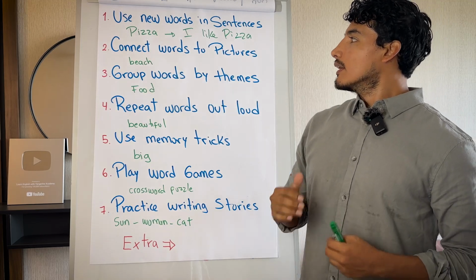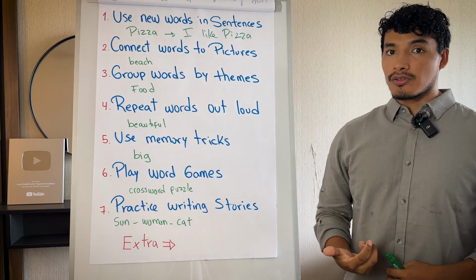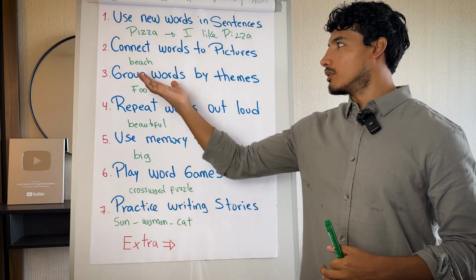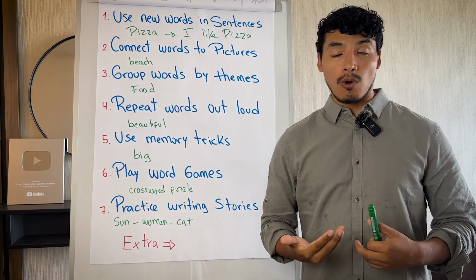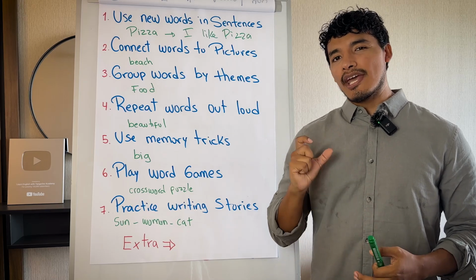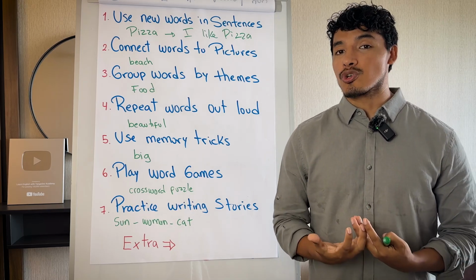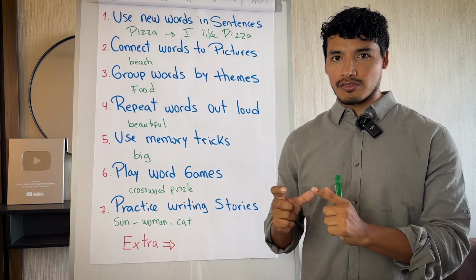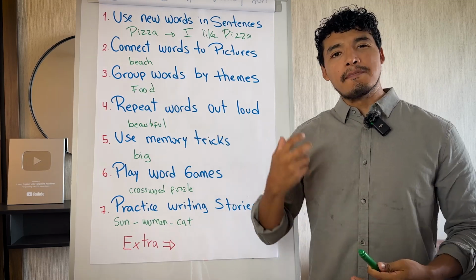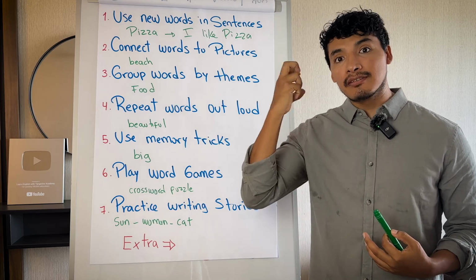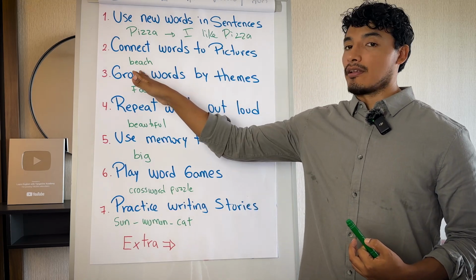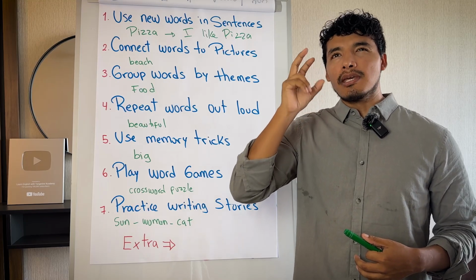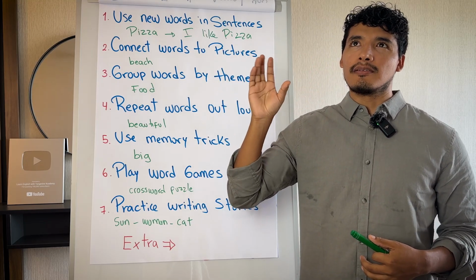Second, connect words to pictures. But teacher, pictures, I don't have pictures. So for example, if you learn the word beach, you know what beach is, then you connect it with pictures. But what pictures? It is not necessary to have real pictures of different beaches. You can imagine, you can create mental pictures with the word. So you just create the mental picture and say, okay, the beach is sunny, the beach is